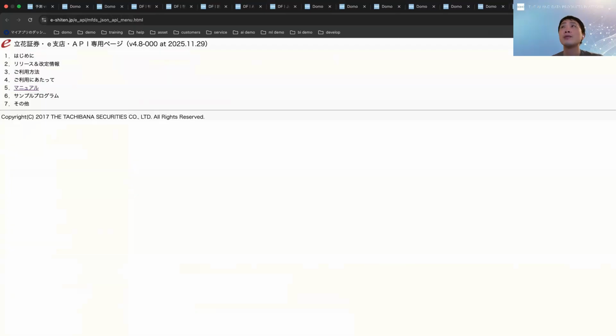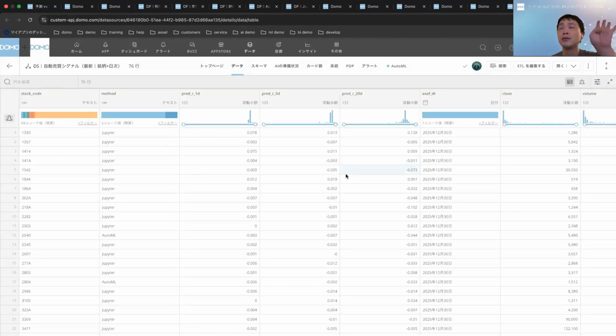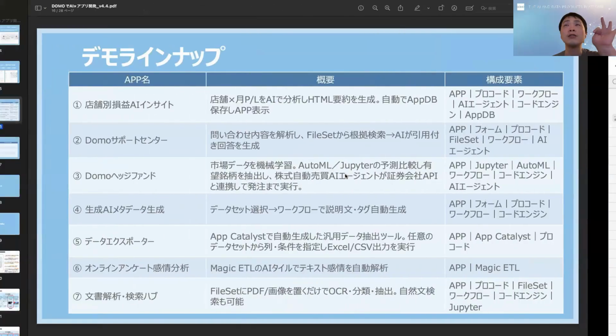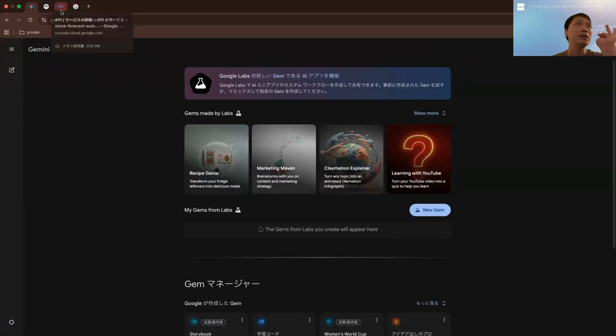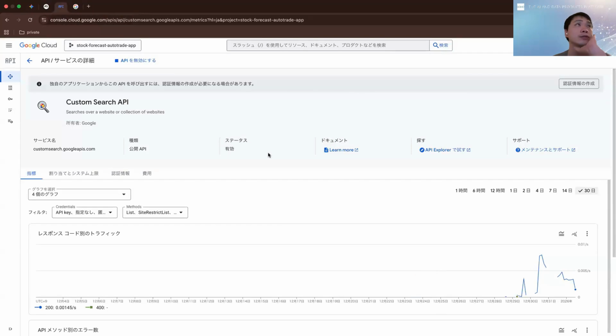So for external services functioning as APIs, besides DOM, I extensively used JQuants and Tachibana Securities, and there was one more crucial component. When I wanted the AI agent to actually execute real-time stock trades, I wanted it to thoroughly fact check by searching the web for critical outside information. For that function, I utilized Google's Custom Search API, enabling the AI agent to use these tools to automatically and efficiently fetch pertinent information from the outside world. By using this integrated approach,